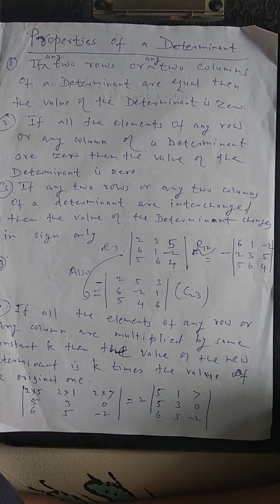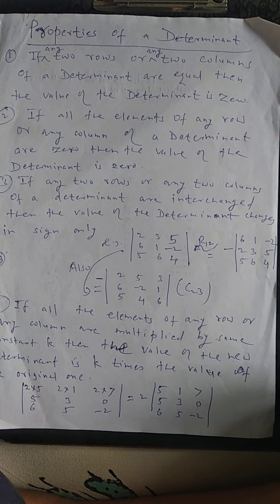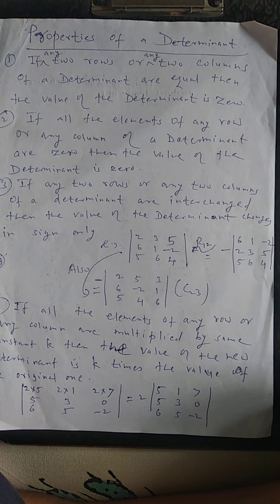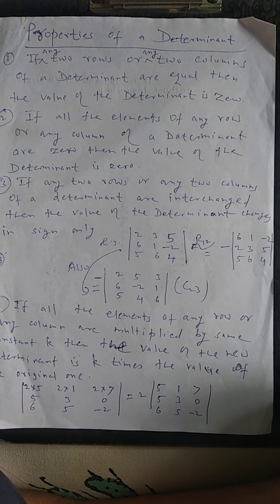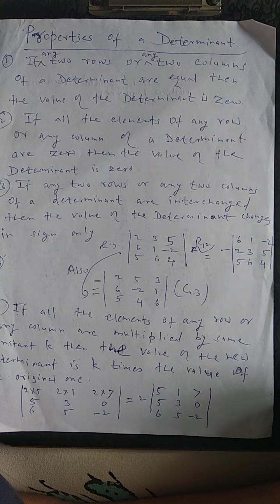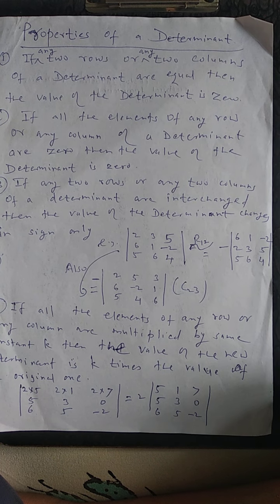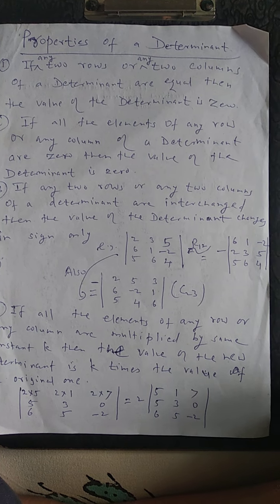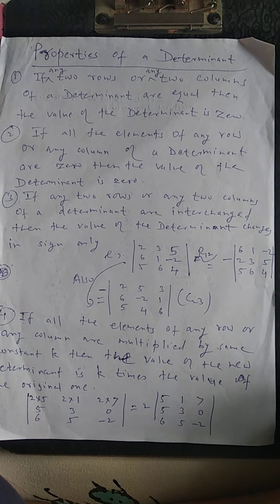So if there are 2 rows and 2 columns, then it is called as second order determinant. 3 rows and 3 columns, third order determinant. 4 rows and 4 columns, fourth order of determinant. So, and so on. Also, we have seen some of the examples, which includes how to evaluate a determinant, how to find its value. Every determinant reduces to a single value.